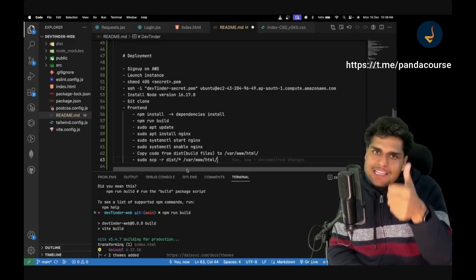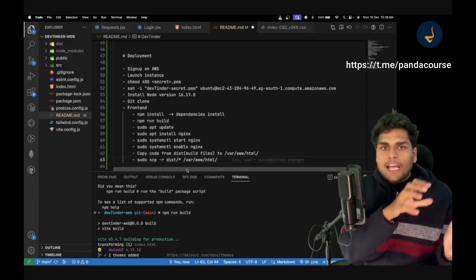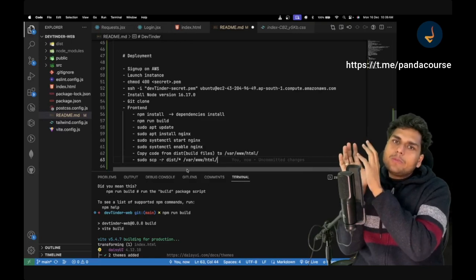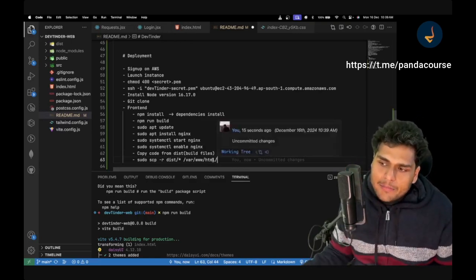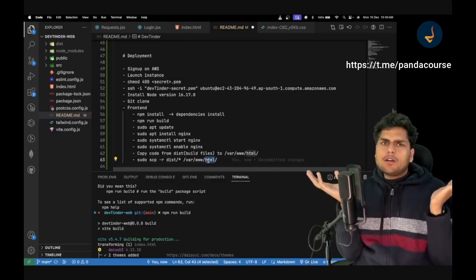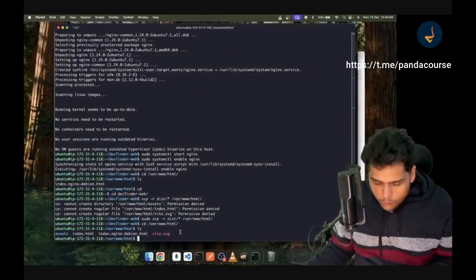I installed Nginx because it gives you an HTTP server, right? Now I have copy pasted all the code, all the build files, to my server, basically into the HTML folder. That's it. Simple. That's all I did. Now, ideally, once you do this,